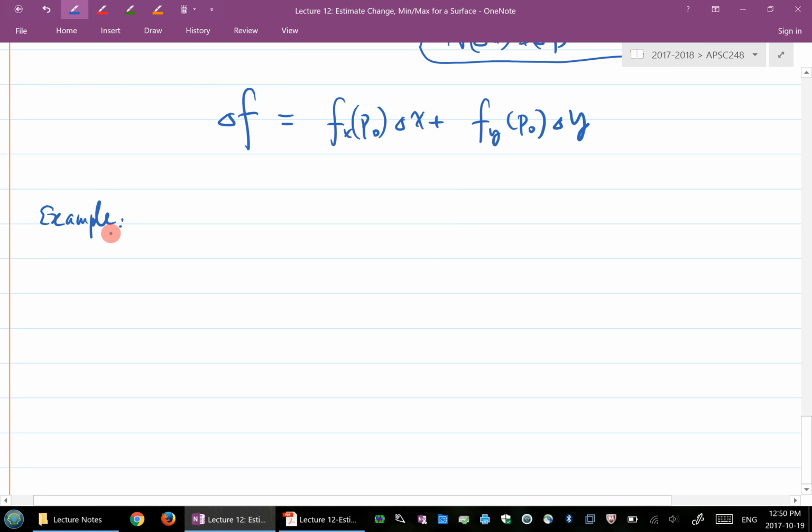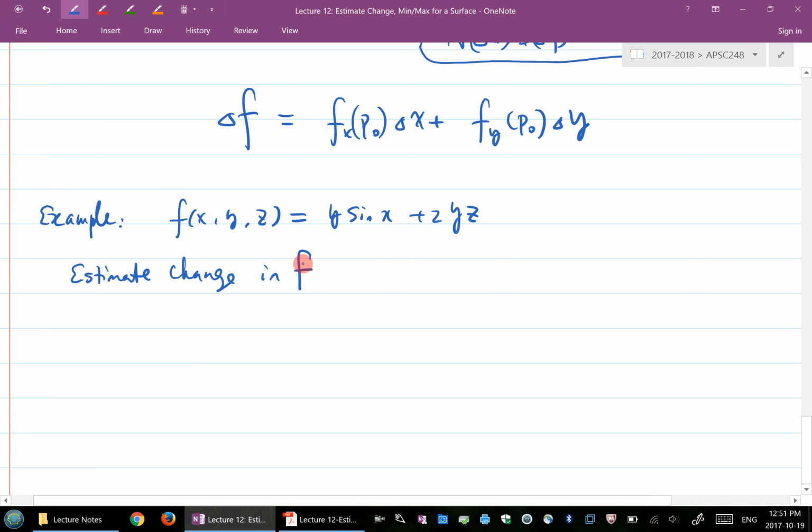I'll give you a function f of x, y, z, a function of 3 variables, so f is equal to this, and we want to estimate the change in this function f if a point moves from initially 0, 1, 0,